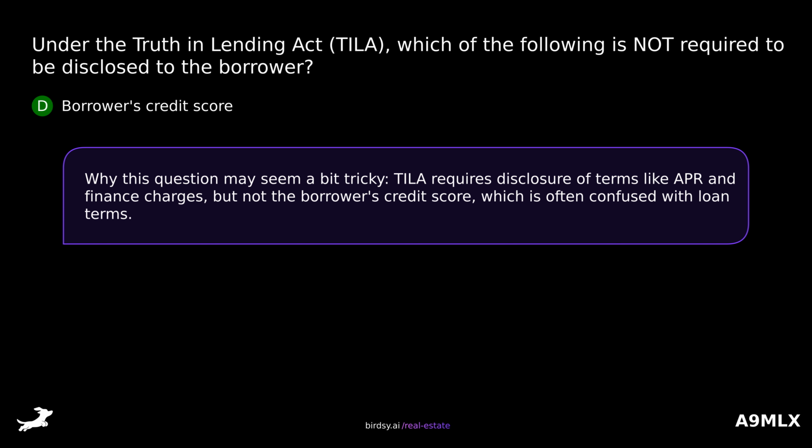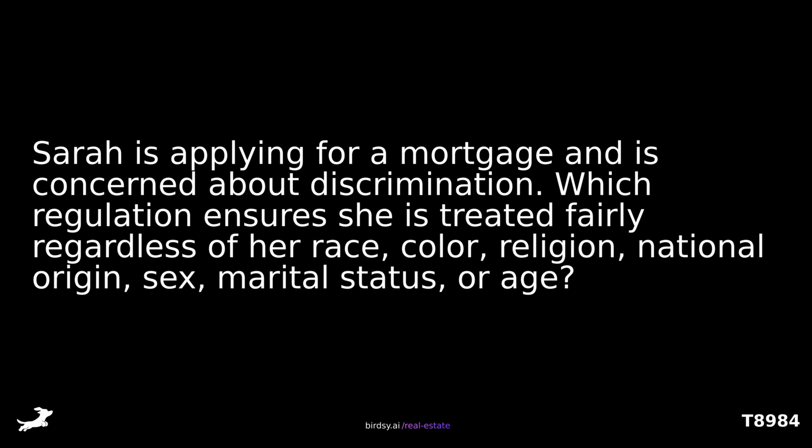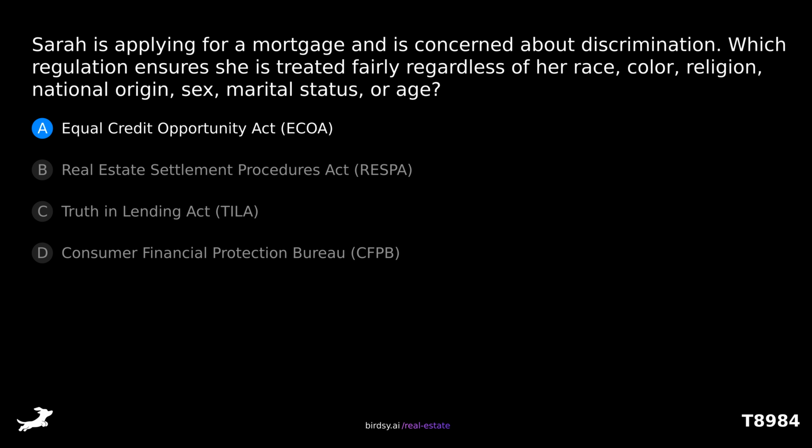Sarah is applying for a mortgage and is concerned about discrimination. Which regulation ensures she is treated fairly, regardless of her race, color, religion, national origin, sex, marital status, or age? Is it A, Equal Credit Opportunity Act, B, Real Estate Settlement Procedures Act, C,